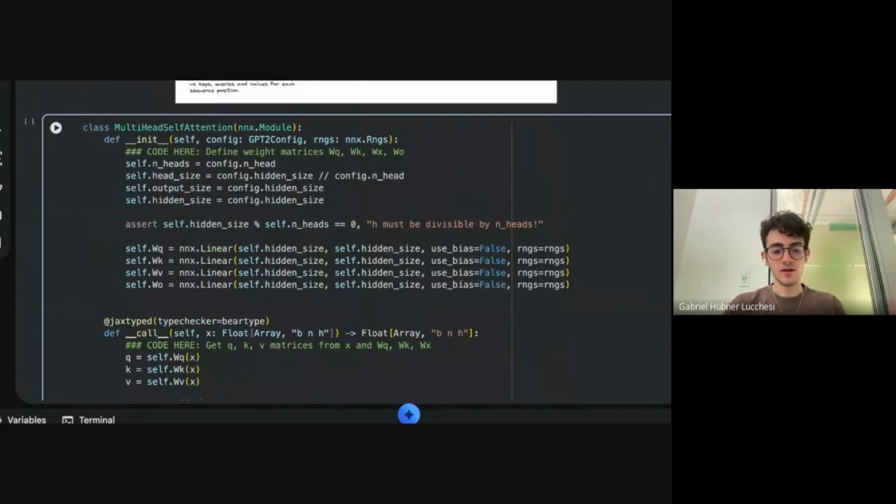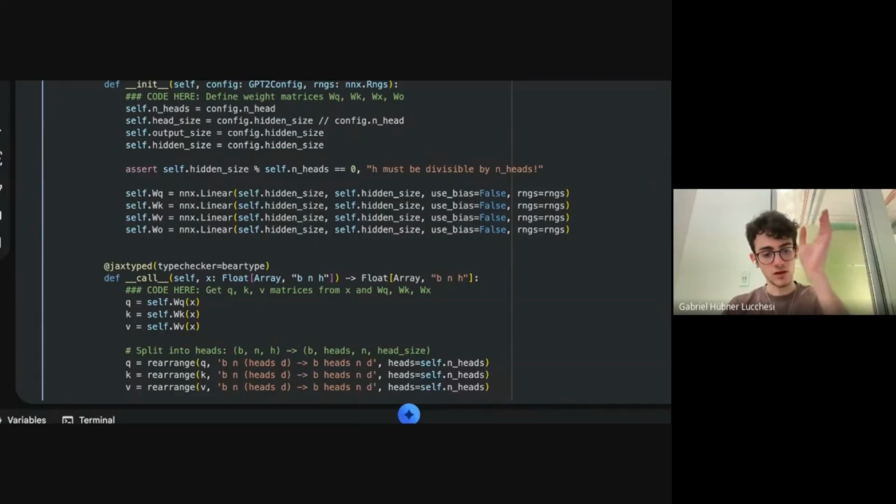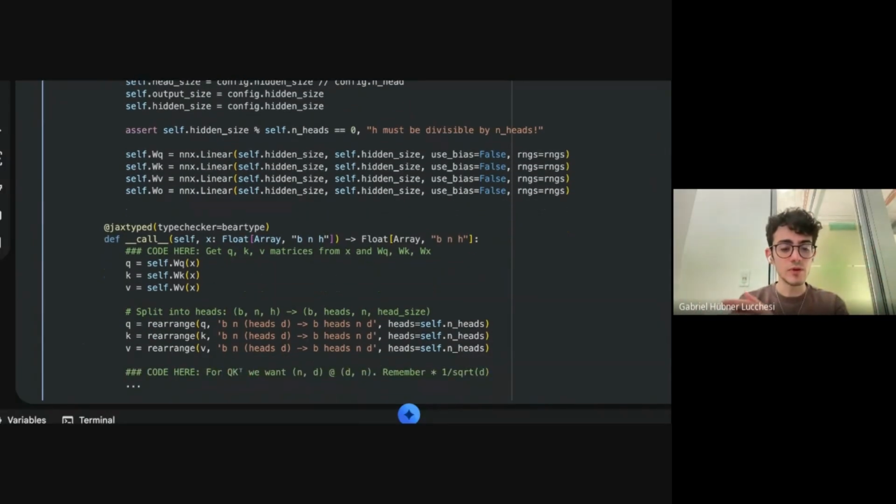We grabbed our X, which is of size batch size, sequence length, hidden size. We just multiply it by our weight matrix, and now we get another batch size, sequence length, hidden size, but each of them has their own function. One is the query, one is the key, one is the value. So when we backpropagate this to train with gradient descent, our weight matrices will give more and more informed keys, queries and values.